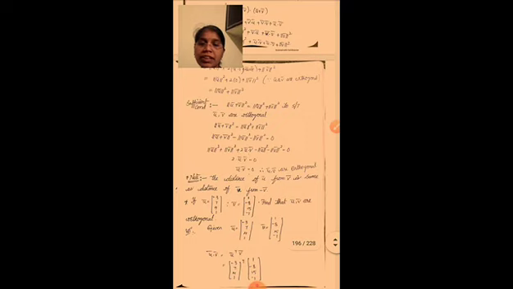And next, note, see here, the distance of u bar from v bar is the same as the distance of u bar from minus v bar. The distance from u bar to v bar is the same as the distance from u bar to minus v bar. Okay, so next.